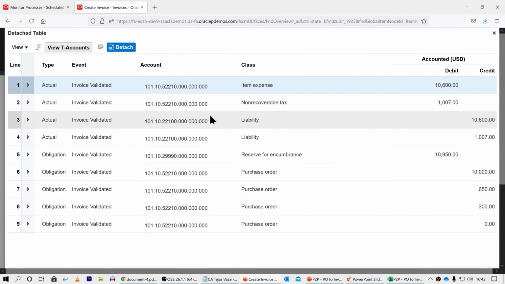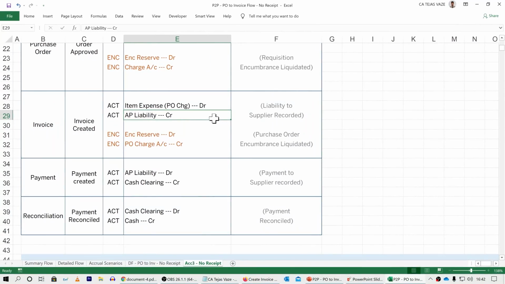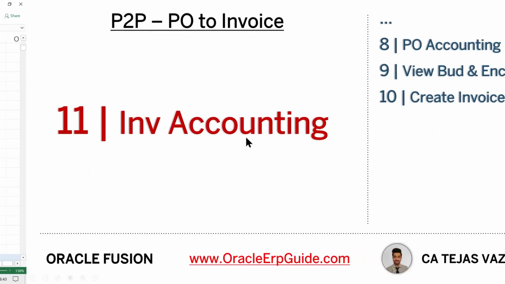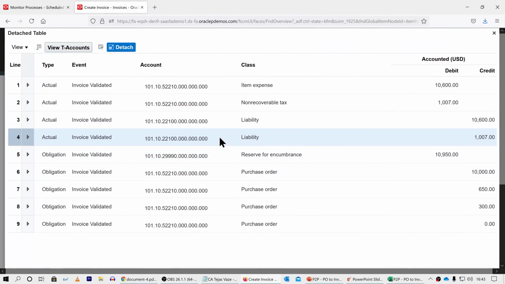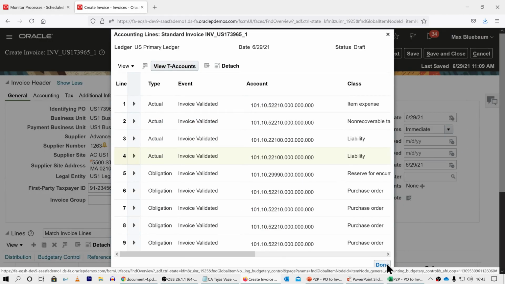This journal is of the actual type, and for the second journal, encumbrance reserve account has been debited and the charge account on the purchase order has been credited. This journal is of the encumbrance type. Close this pop-up and click Done.